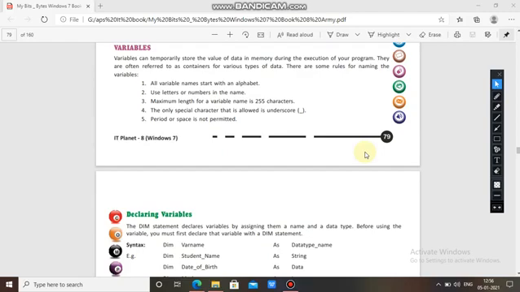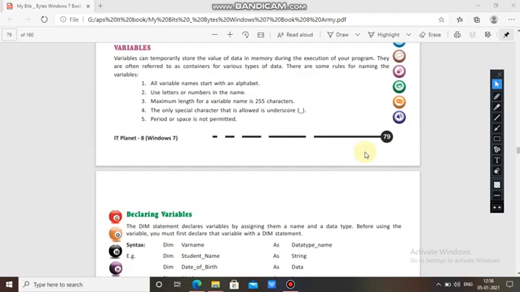The only special character that is allowed is the underscore. Okay, so one thing is provided for naming variables: that underscore you can use. Period or space is not permitted. You can't use these in a variable name.